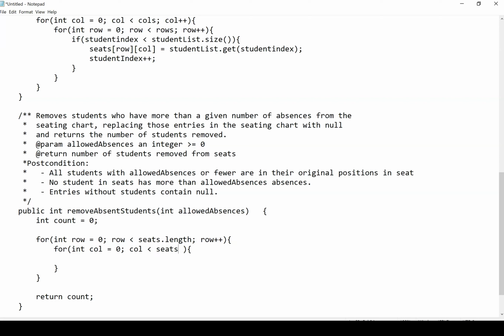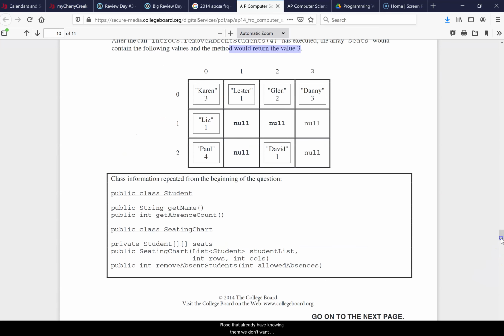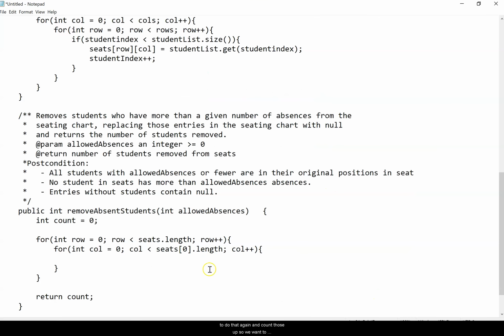seats in row 0, and we get the length. So that's the length of the number of columns in there. Okay. And then we don't want to remove rows that already have null in them. We don't want to do that again and count those up. So we want to exclude those. So we'll say if seats at row col are not equal to null,